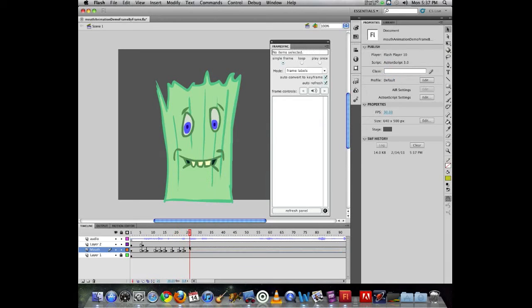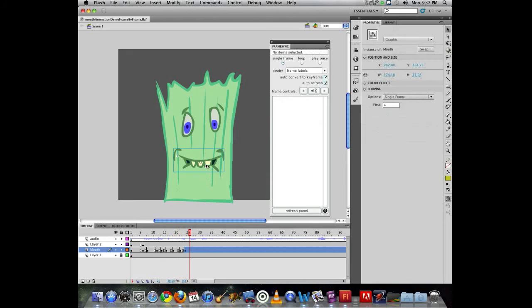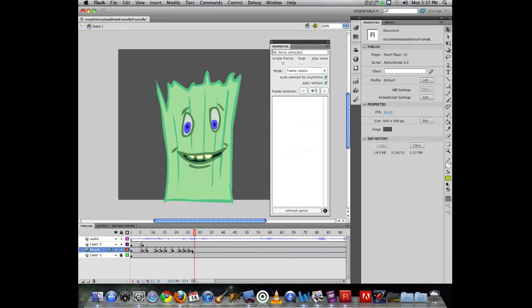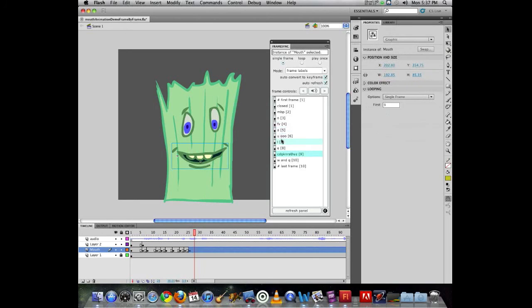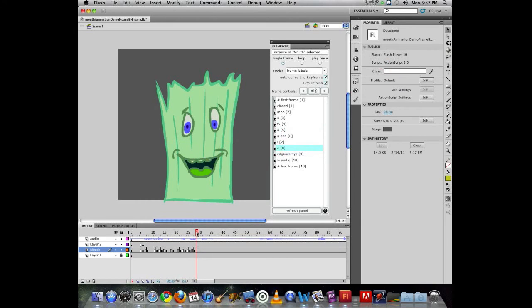Ever. So now at this point, I want to change it to the R sound. Ever. E. So now I want my E sound, so I'll grab my E, click on the E,